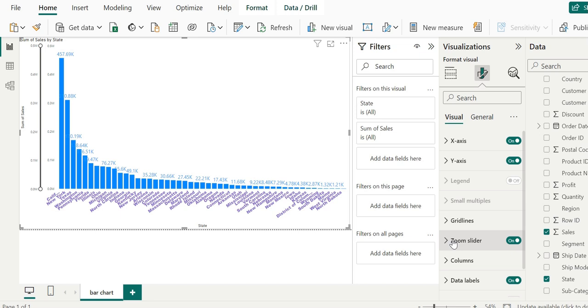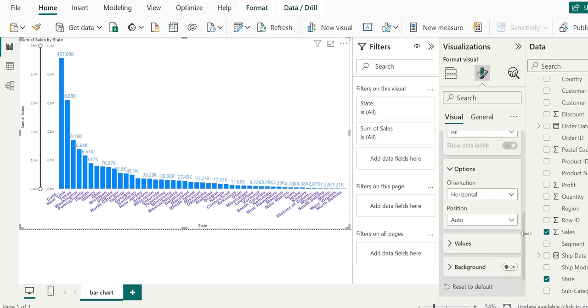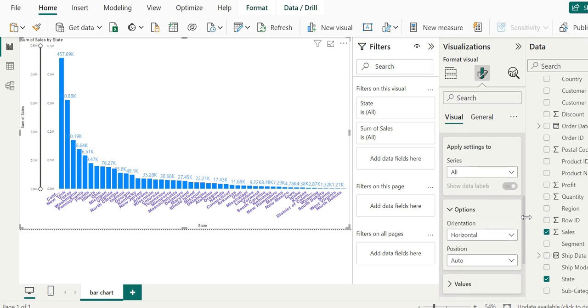The one we will be interested in is the data label card. We expand that, and here in data labels we can choose the series, and we can choose the orientation, horizontal or vertical.